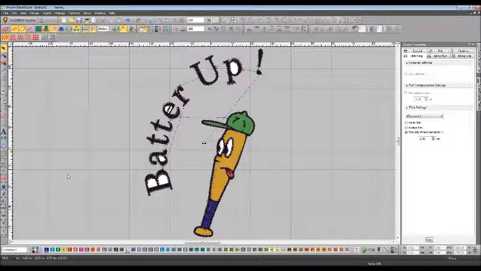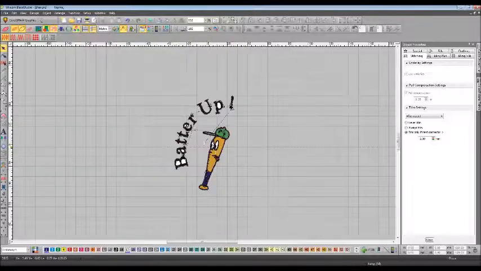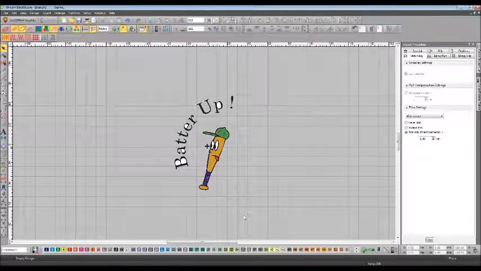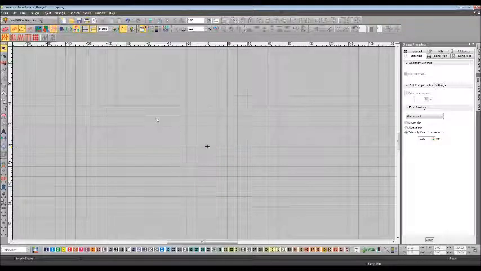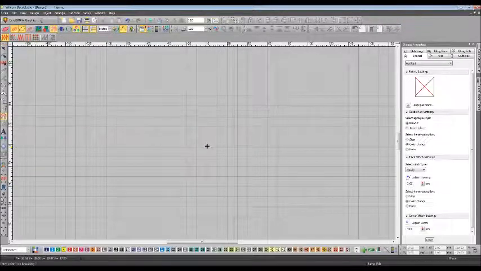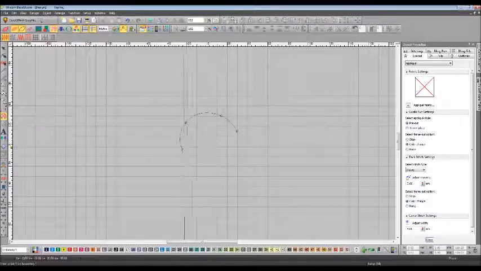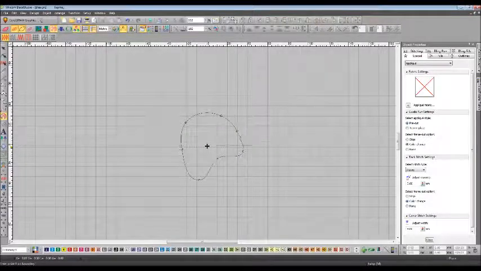Iris is asking, can we show the overlapping applique? Yes, I can. So let's take a look at that. I'm going to delete that. And let's just delete all that. We're going to hide our vectors. So real quick, an applique is digitized similar to a fusion fill,